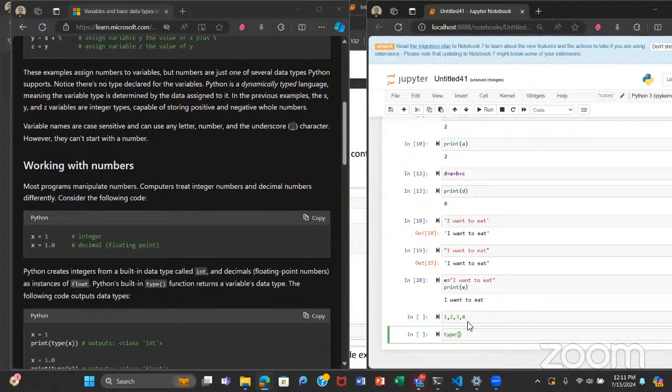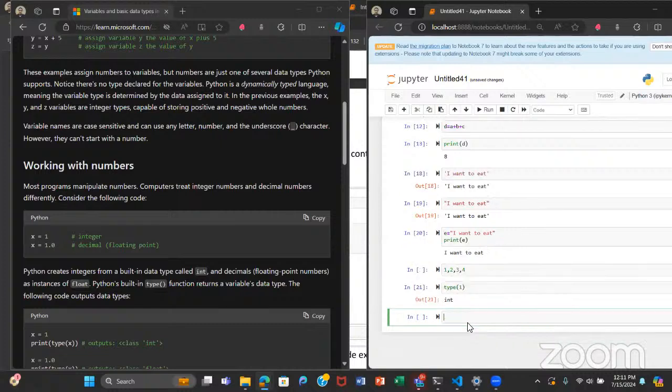Let me ask it what type is one. You see int. So type for any whole number gives an int: one, two, three, they're all integers.